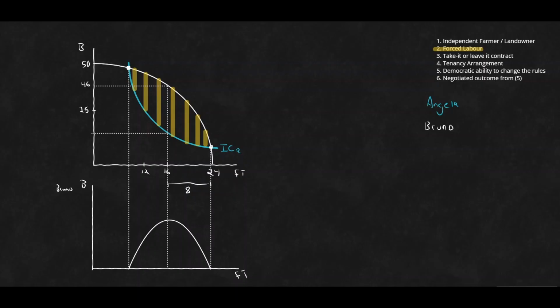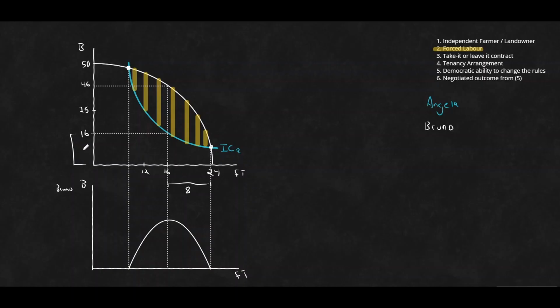And so what we get altogether, let's just put some value to that. If this is 25, let's say this is something like, I don't know, we can say this is 23. Actually, if that's 25, that's definitely not 23. Maybe this is something like 16, just to make a nice round number. Okay. So if this is the situation, then Angela gets her wage, even though you're like, wait, this is forced labor, this is slave labor.